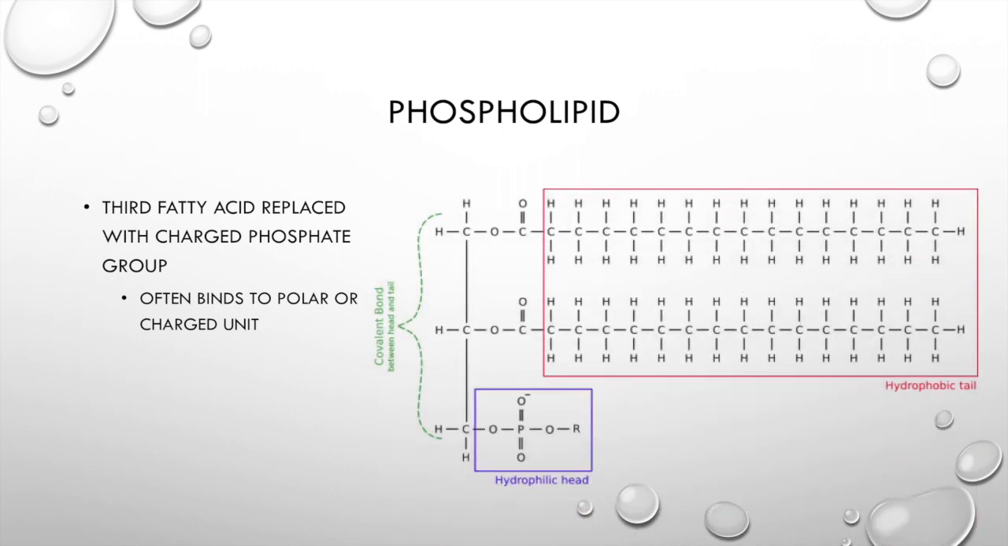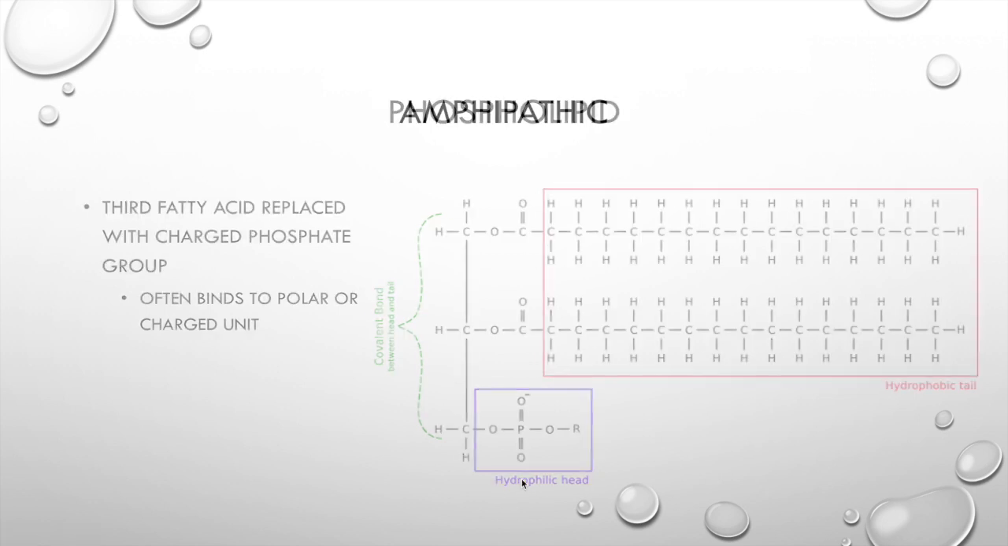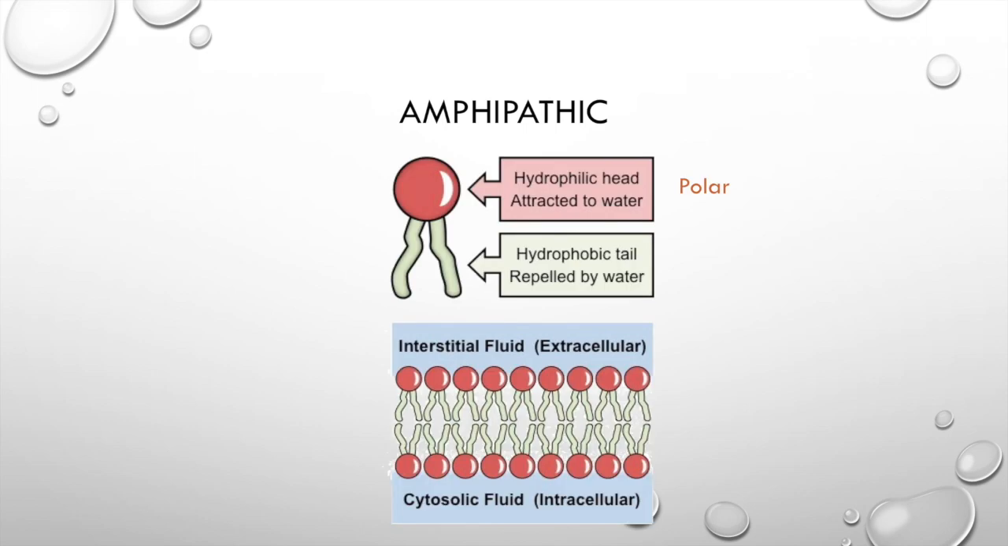So here's the basic structure of the phospholipid. Again, just like the triglyceride, except the glycerol has two of its sites taken up by the hydrophobic tails, and one of the sites is taken by that phosphate group and that other additional polar or charged unit. So these molecules have both hydrophobic and hydrophilic regions. They're called amphipathic molecules. The head is hydrophilic and the tails are hydrophobic, which means that they repel water,